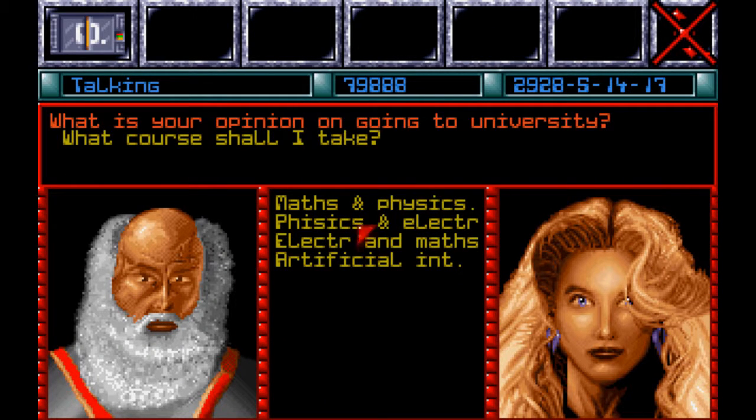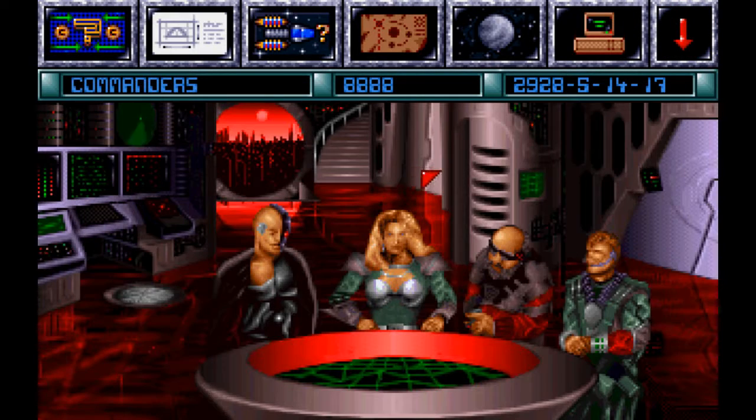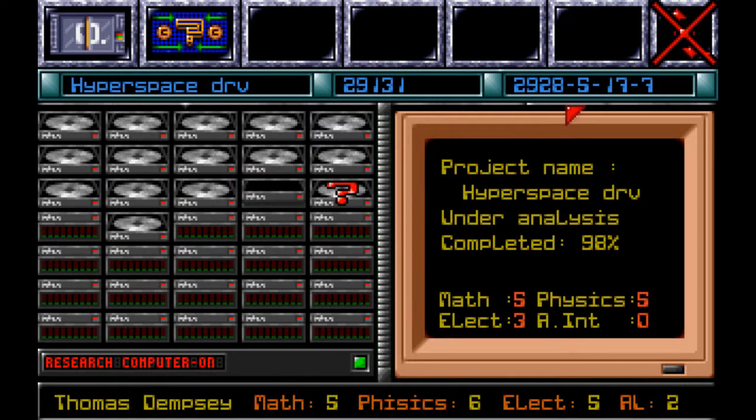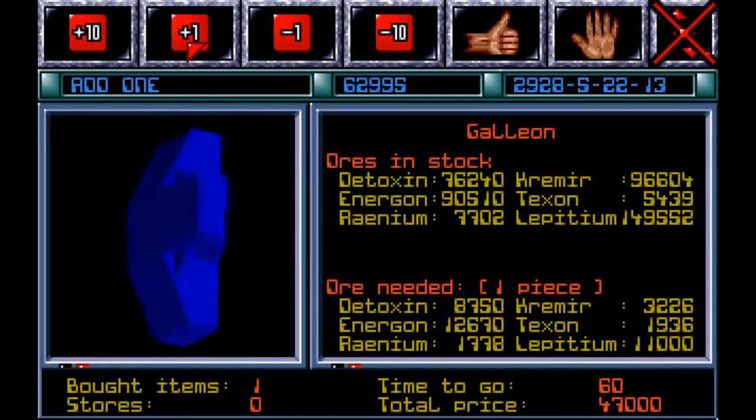So we're going to send this guy to this, and holy crap, I hope I get this right. We're just going to guess and say it's this one. I'll pay. Oh, that's terrifying. He returns. Let's get these done. Galleon's done. So the one I really want is Galleon. So this